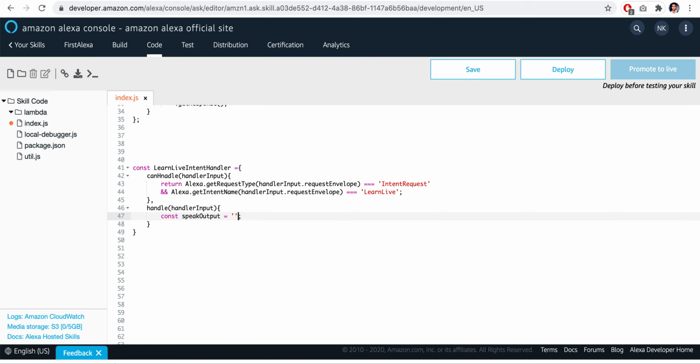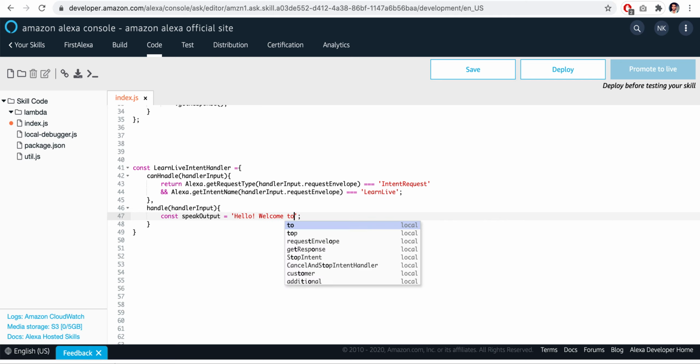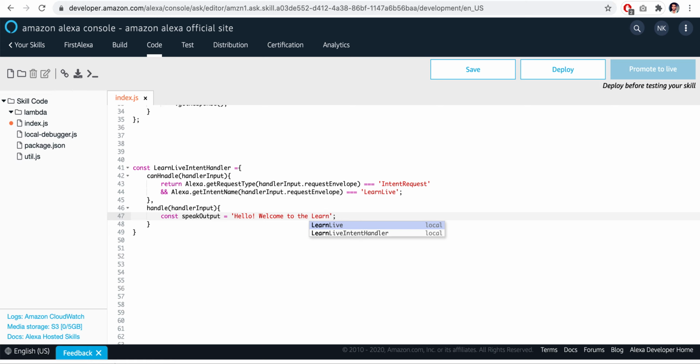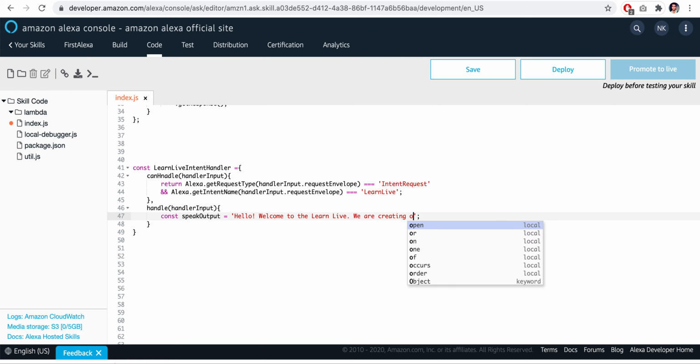So this could be: hello, welcome to the learn live. We are creating our first Alexa bot. So when any utterance from this intent comes, then Alexa will respond with this message. So this is the message that Alexa will respond. That is clear. Now we just return